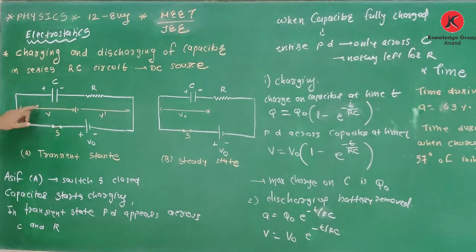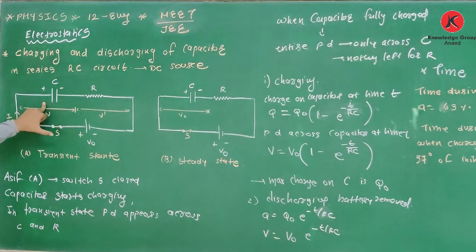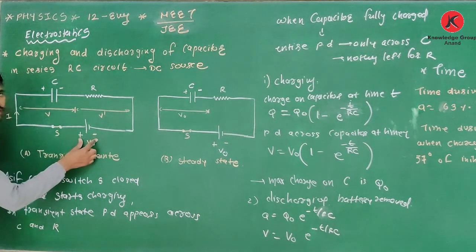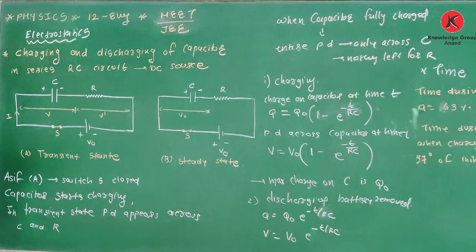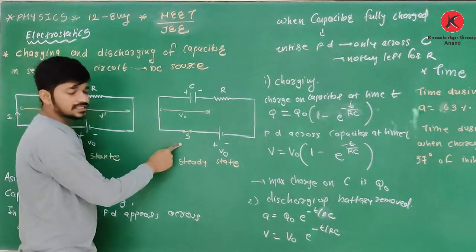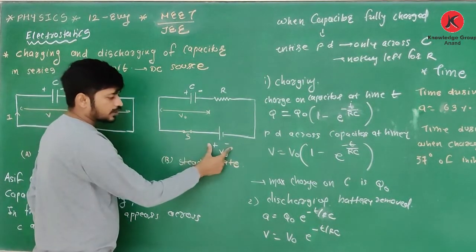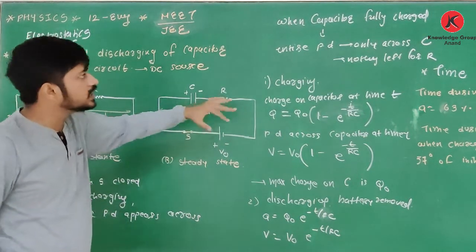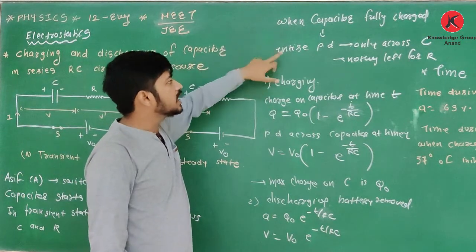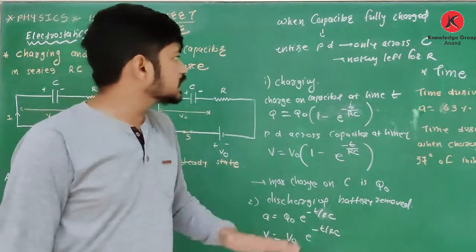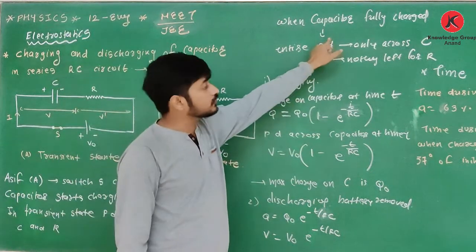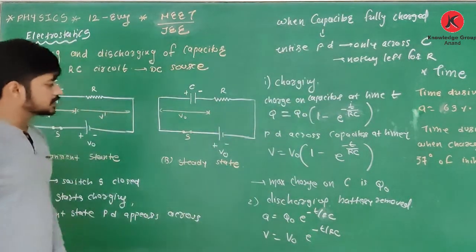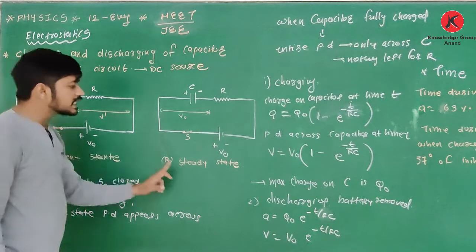But when this capacitor gets fully charged, this whole potential of the battery appears only on the capacitor. See this figure, the total potential difference appears only between the two ends of the capacitor, nothing left for this resistor. So when the capacitor is fully charged, the entire potential difference appears only across the capacitor, nothing left for the resistor. Clear? And it is called steady state